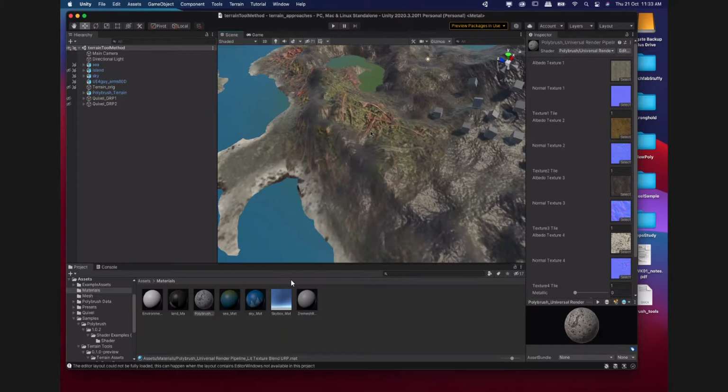At least it allows you to paint different layers of textures. So it solved one problem, but not totally. That's fine. We'll figure out how to solve the problem of the normal map as well as the texture tiling. Then the next thing is the